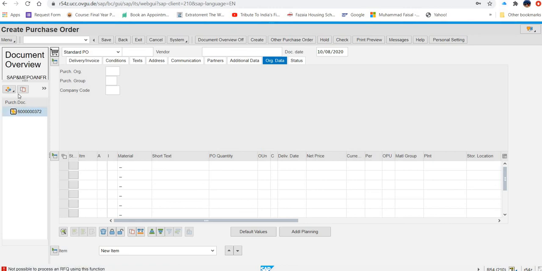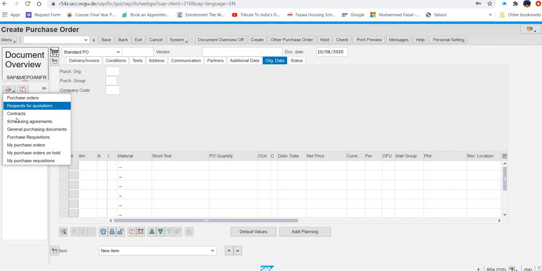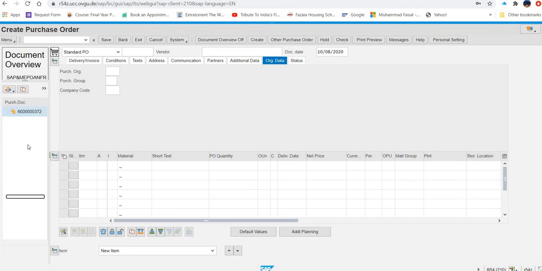Nothing. Let's see what happens if I click here. Here, breakdown structure.